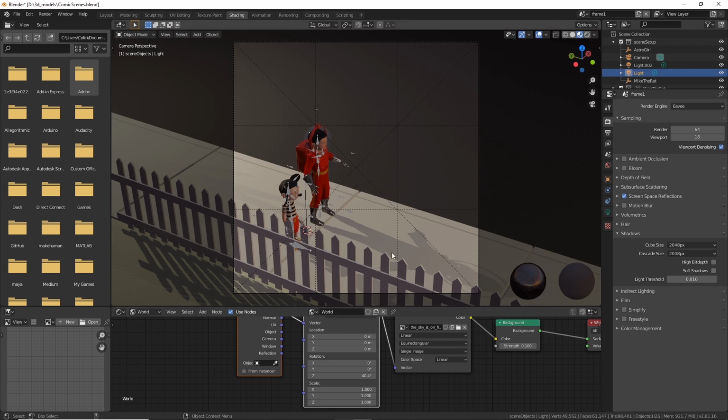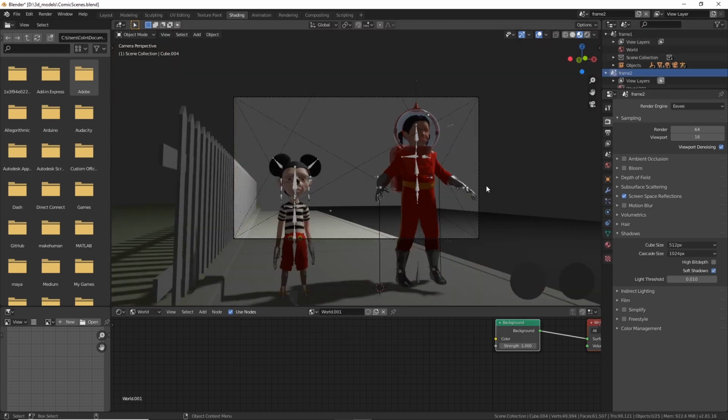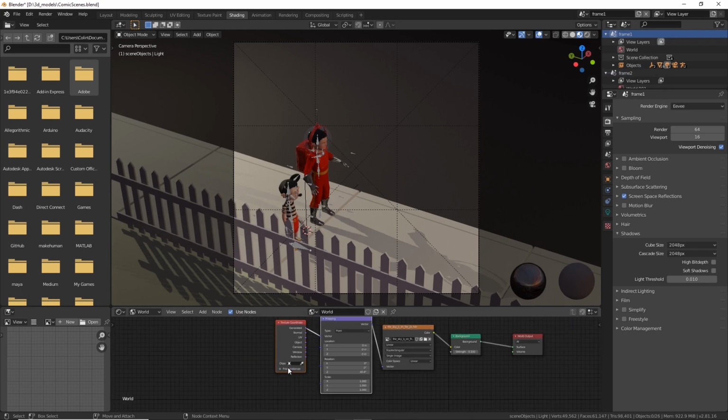Now that we have the lighting, we've got the shadows where we want them perhaps. Let's make the next shots. If we do that, notice we've changed the lighting in this shot. Let's go to our scenes and go to frame 2. We don't have the lighting set up the same in this shot. We don't even have our background, because we added all of that in a separate scene, and it's not the same here. So if we go back to frame 1 and we want that background, we can just grab these